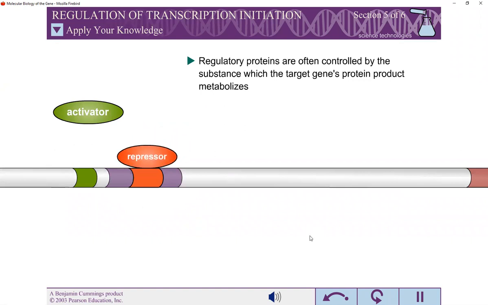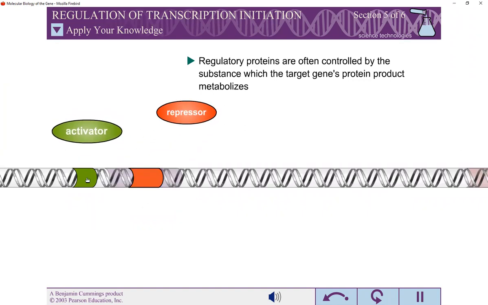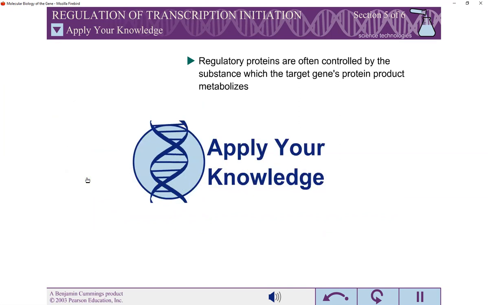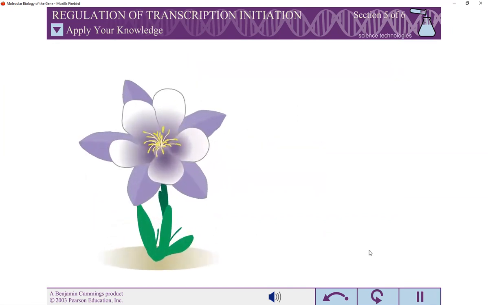Regulatory proteins are often controlled by the substances which the target gene's protein product metabolizes, or by related substances. This exercise will help you understand how this regulation occurs. Now the exercise is the most important and the most tedious work to do. Okay. Bacteria has been discovered that is capable of metabolizing a rare sugar that is produced by the flowers on